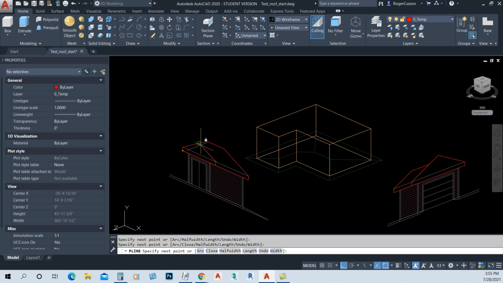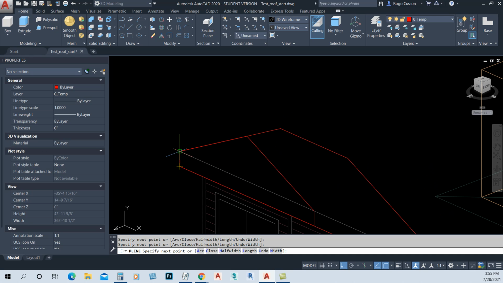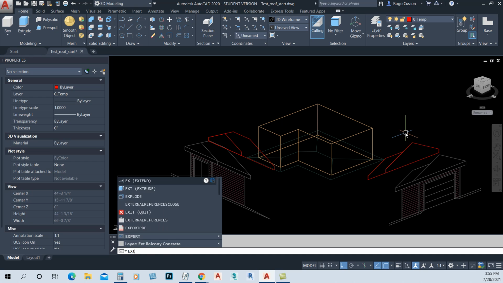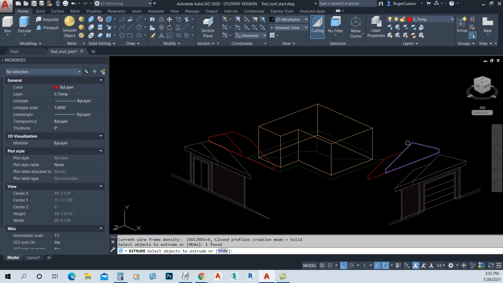All right, and we'll finish this part here, close that off, and before I project these two masses towards the center, I'll move them away from my elevation views, and now I'll do an extrude,